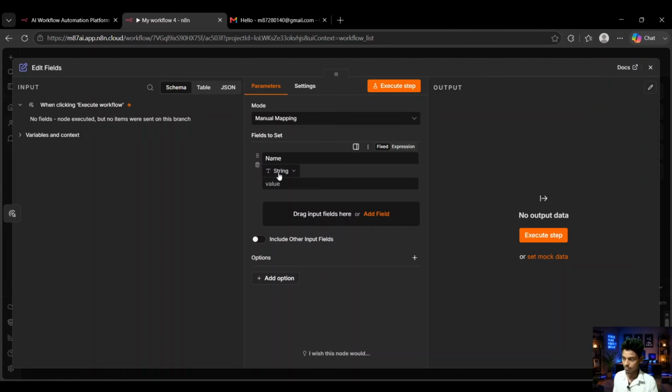Now value, you can see, you can add a value, a string equal to text, number like 1 2 3, boolean like a conditional statement, then array, object, and stuff like that. For example, select string,